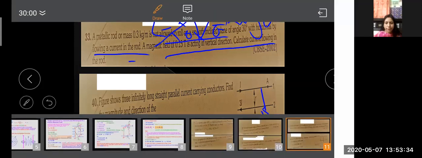And next question is, the figure shows long straight current carrying conductors. Find the magnitude and direction of the force. Clear? In this one the current is 3I, in this one 4I. The distance between the conductors is 2R and here it is R. So in the first case, we have to find the net magnetic field at A. This is point A, and the net magnetic field at point A, and the magnetic force on conductor 2. So I hope this is clear to you.